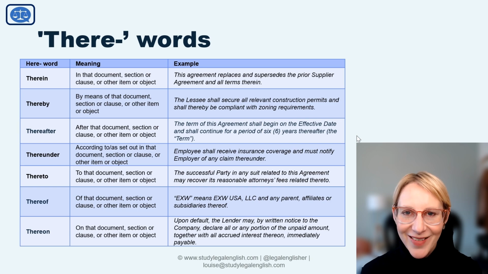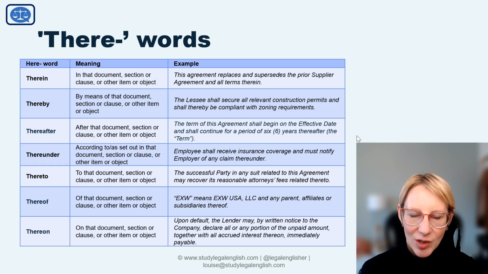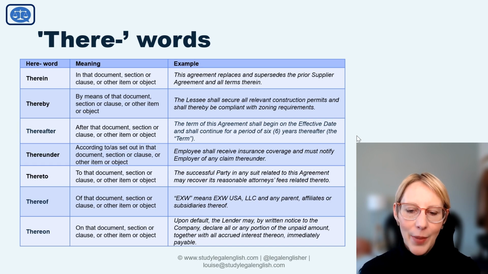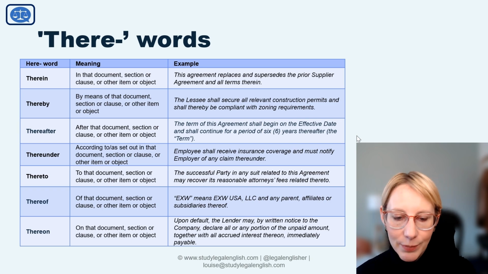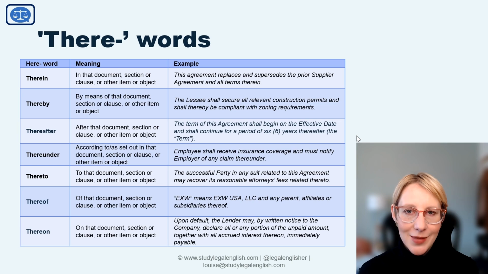And finally, thereon. That means on that document, section or clause or other item or object, not on this document where we find the writing. For example, upon default, the lender may by written notice to the company, declare all or any portion of the unpaid amount together with all accrued interest thereon immediately payable. So if the company does not pay, if they are in default, in this situation, the lender